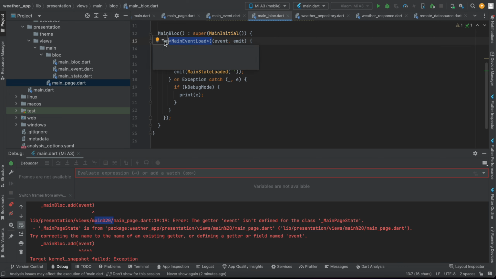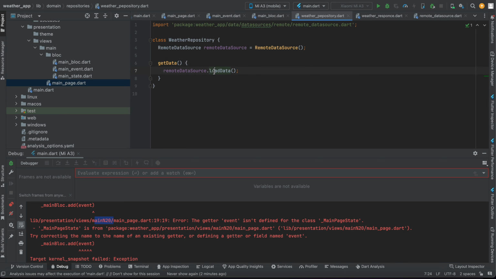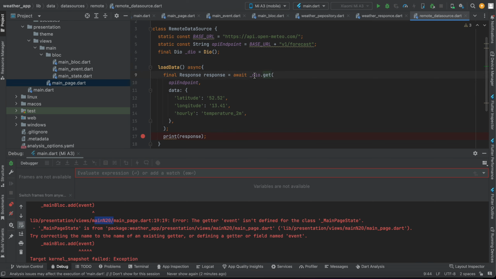Okay, and after this we're gonna push our event and emit the loading state, and the main page will show a circular loader, and after this we're gonna try to fetch data, and Dio will push the get request to the server, which we will provide here. Okay, and